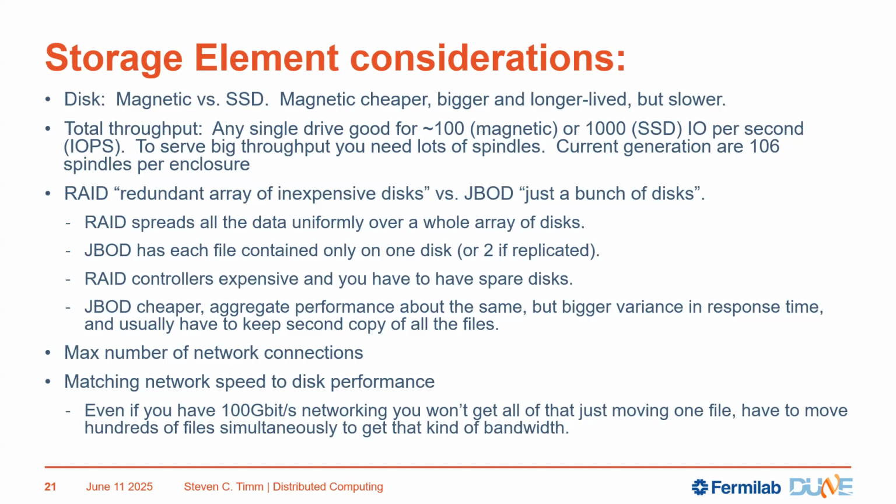The total throughput, we talk about I/O, I say I/O per second, IOPS. So you don't have to just figure out, do I have enough bytes to put everything? You have to figure out how fast can I read it back, how fast can I write it? Because you can get 250 terabytes by bringing along 250 USB drives from the backup store of Best Buy, but you will not be able to read it back any faster. You need performance, right? So the rule of thumb is that a magnetic drive is good for about 100 IOPS. Maybe that one I showed you earlier, that real fast one, might be a little bit better, but not a lot.